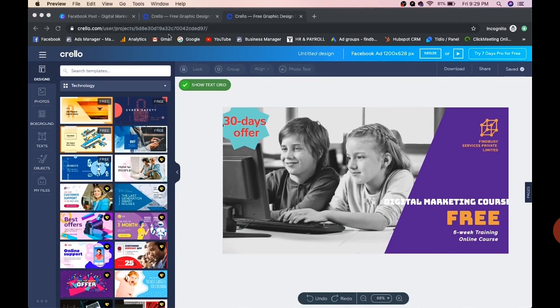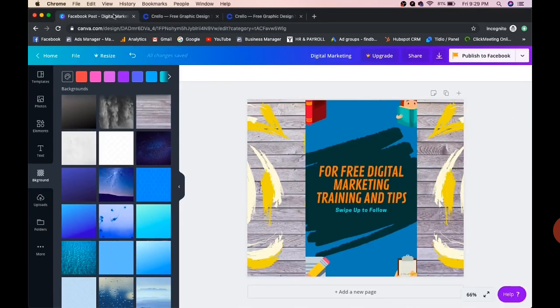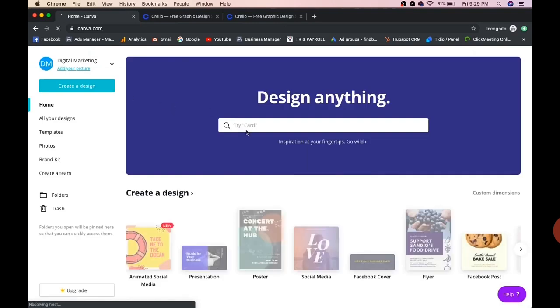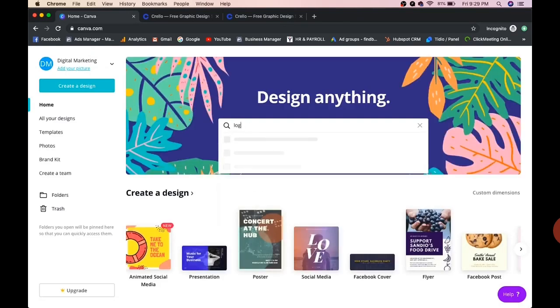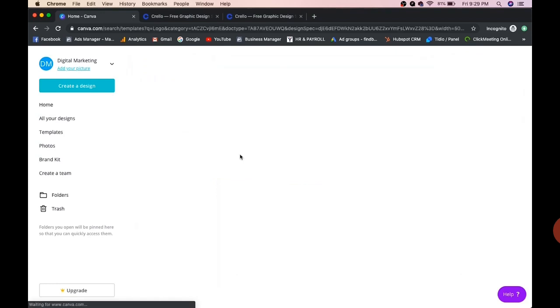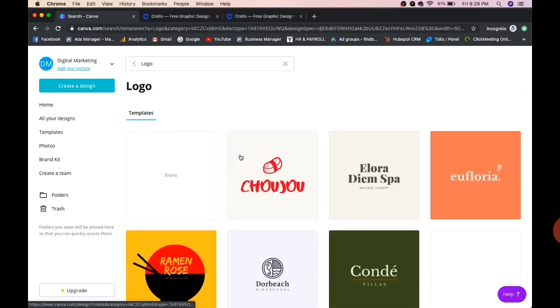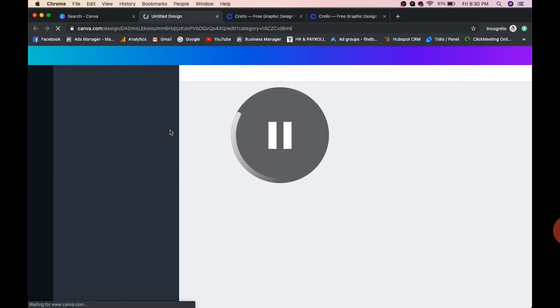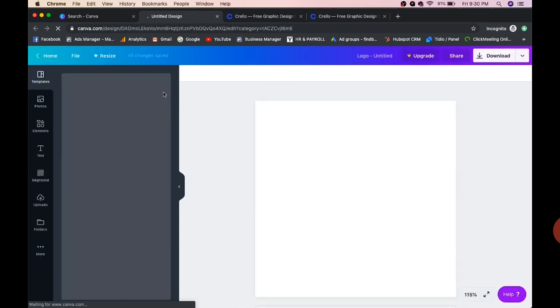Like I told you, I'll tell you how to create a logo using canva.com. So simply you type here logo. So the logo format will be, and click on blank. On the left hand side you will find